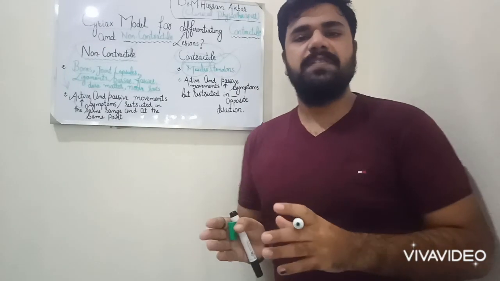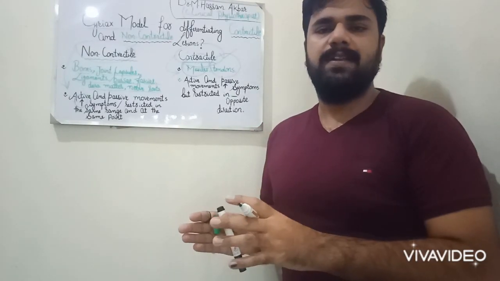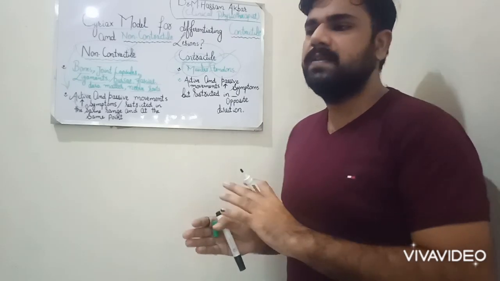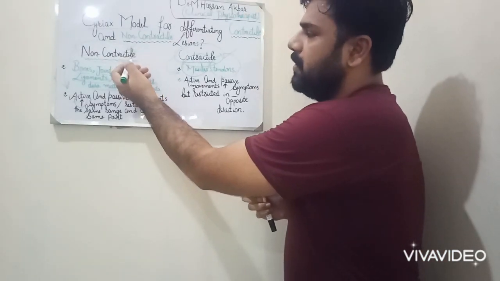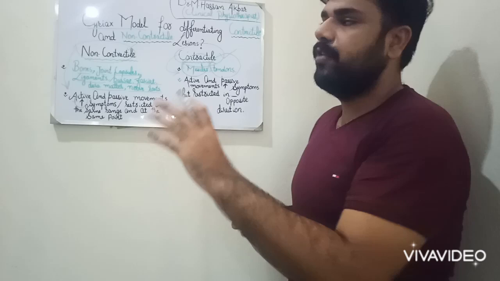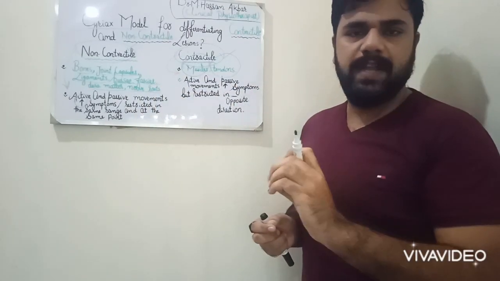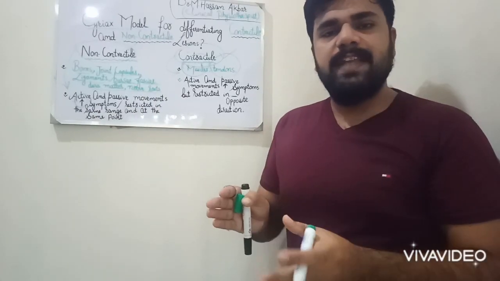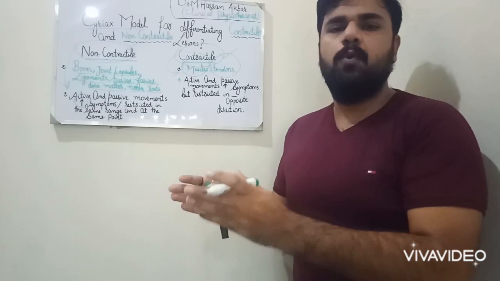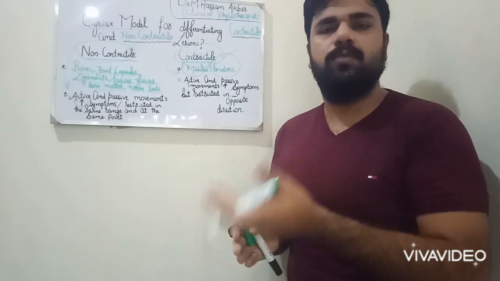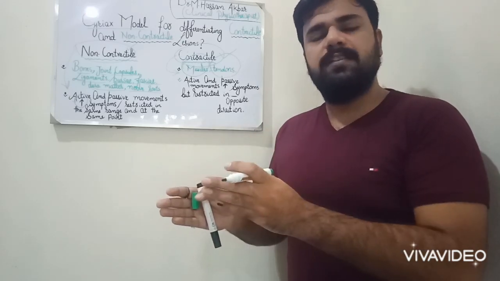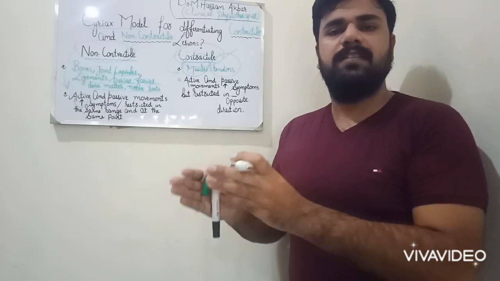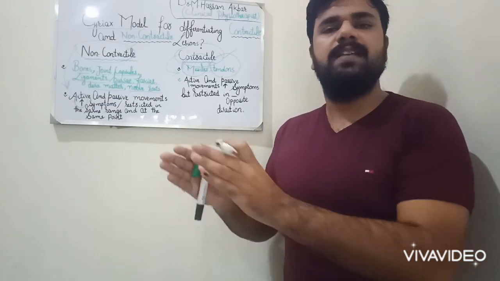After categorizing the elements into contractile and non-contractile, Cyriax checks the response of active and passive movement in both cases. If the lesion is caused by a non-contractile element, that includes bones, joint capsules, ligaments, active and passive movements are restricted in the same range and in the same direction. For example, in the case of shoulder external rotation, active external rotation at the shoulder joint is restricted at the same range where passive external rotation is restricted and painful at the same point.